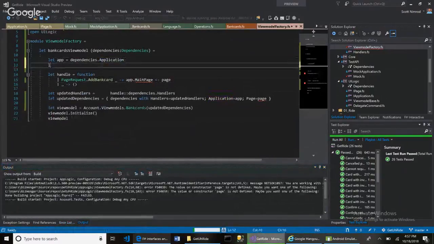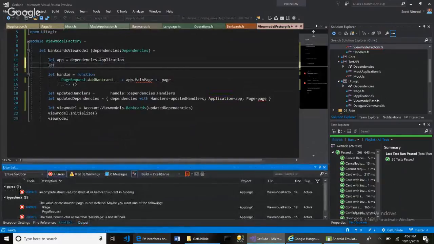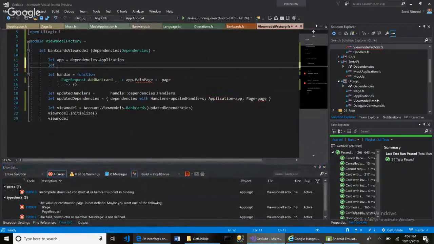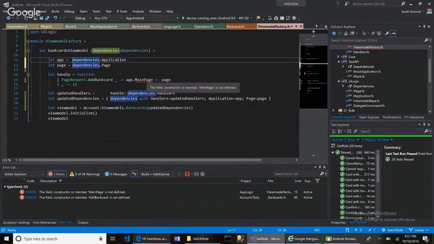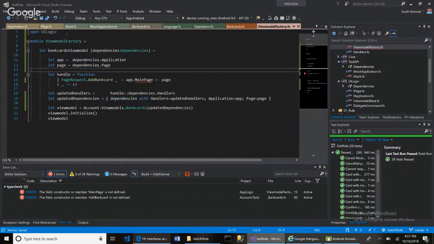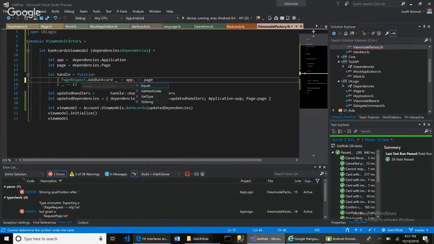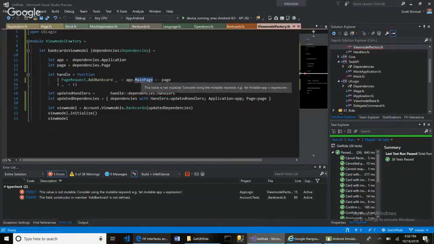And also that say that let page, let page equals, and you have dependencies dot page. That'll be here, right? So now that should work out. Now it just doesn't know what this main page is. The field constructor remember main page is not defined. Well, how is it not defined? Oh, because you have to say app, which over here,